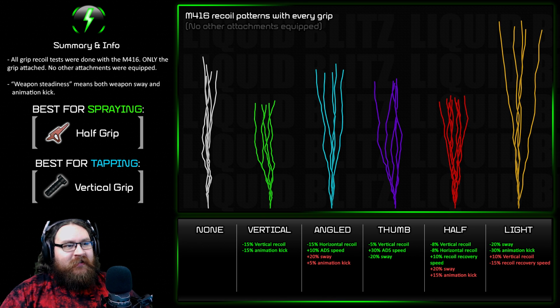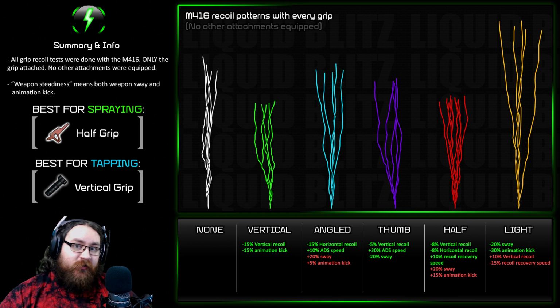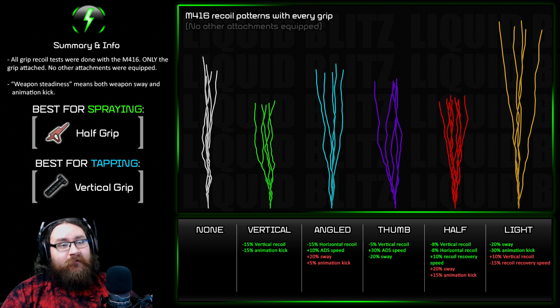My name is Liquid Blitz, and since they added 3 new grip attachments in PUBG for a total of 5 grips, things are more confusing than ever, so I decided to make this video to figure out which is best, which we should use. So I figured I'd do a side-by-side comparison of the recoil while using each of the